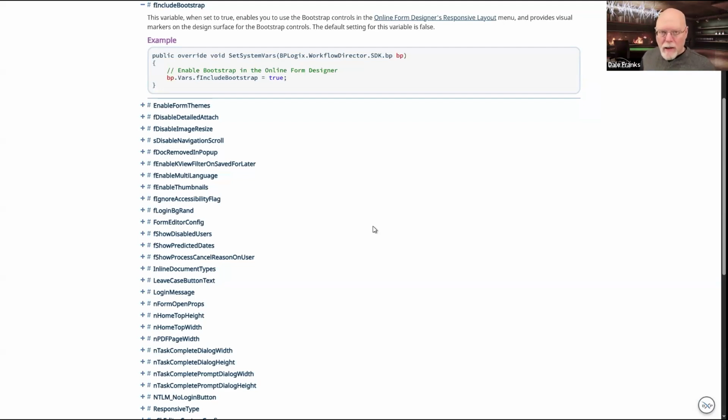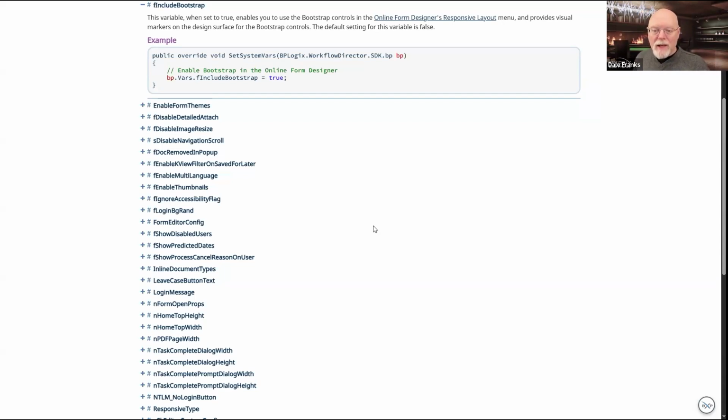This is by design because we do understand that while some of you may be HTML, CSS gurus, and you're perfectly happy to work in Bootstrap and its availability makes sense to you, great, you can turn it on and you can use it. If you're not a Bootstrap person and you don't understand how the CSS framework works, which is probably going to be most customers, then you really don't want to see the responsive layout controls because you're never going to use them, at least not until you decide that you want to learn Bootstrap to make them work.